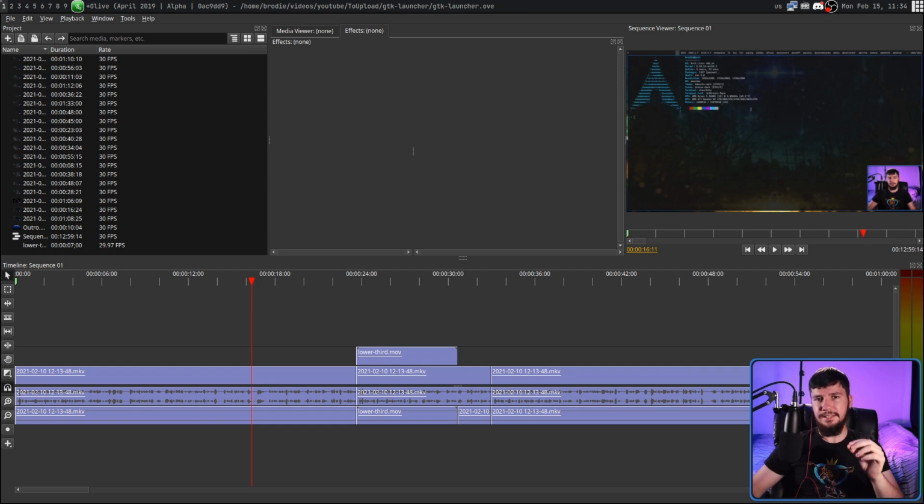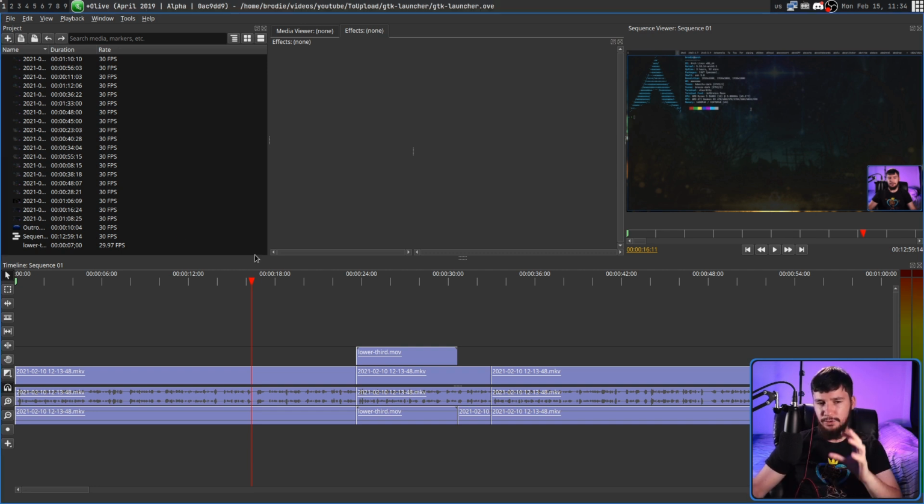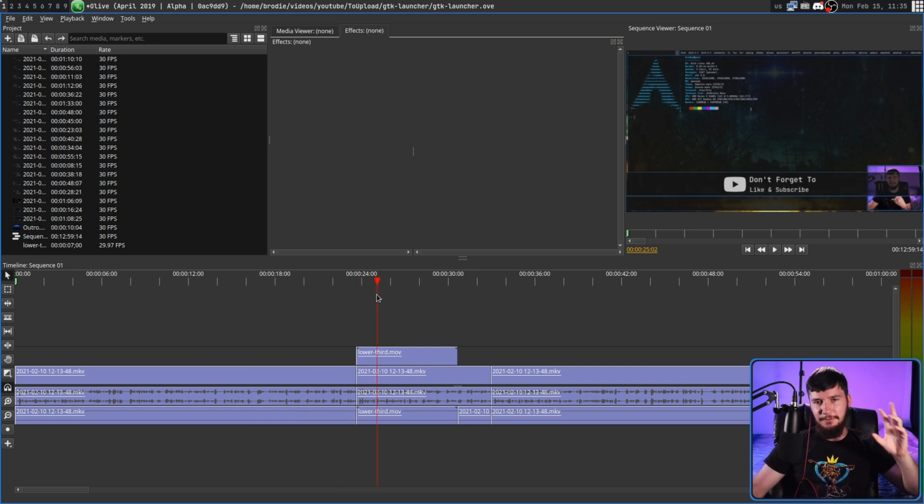Now this right here is the Olive video editor. Specifically, it's Olive 0.1.2. Now, I had originally wanted to do this video using Olive 0.2, which is the latest version of it. It's still an alpha, but it is the latest version. The problem is, though, that it's had a pretty bad bug for, I'd say, about a year or so, where